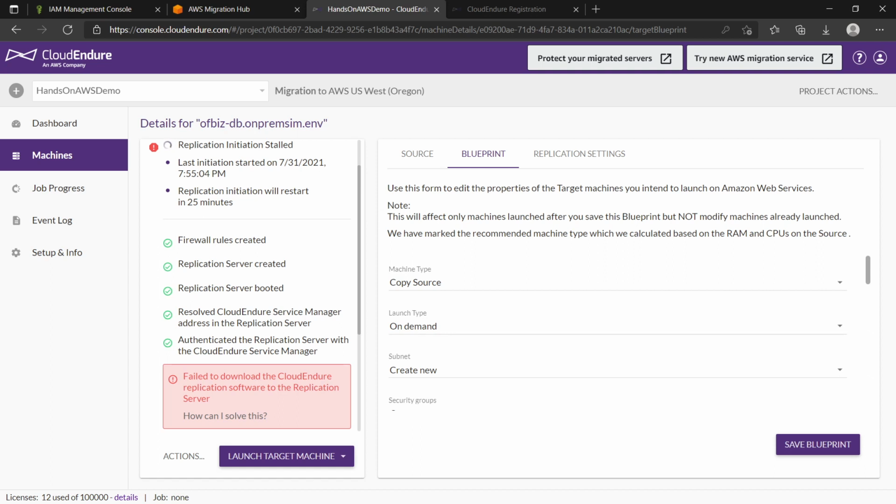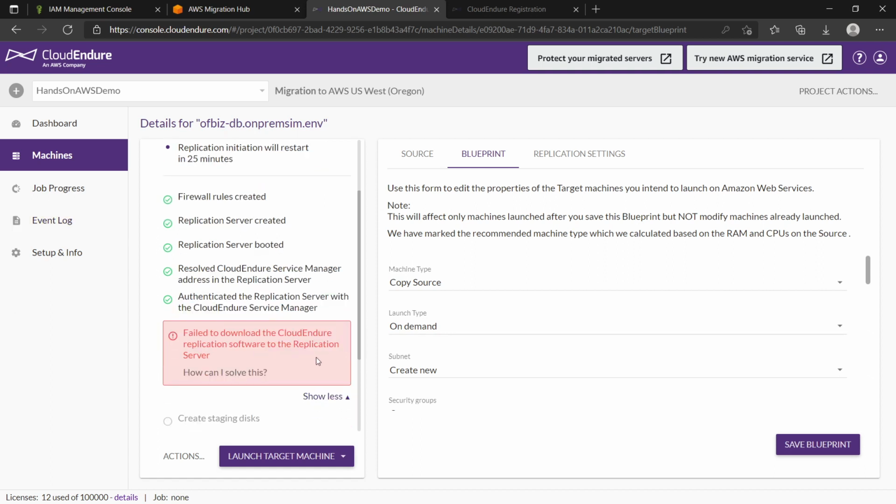That involves creating of firewall rules, creating the replication server itself, booting it up, and then connecting to the Cloud Endure service from that replication server, and then downloading the Cloud Endure replication software to that replication server, and then start creating the disks and then doing the actual replication from the source. Here it is reporting an error in downloading the Cloud Endure replication software to the replication server. So let me troubleshoot.